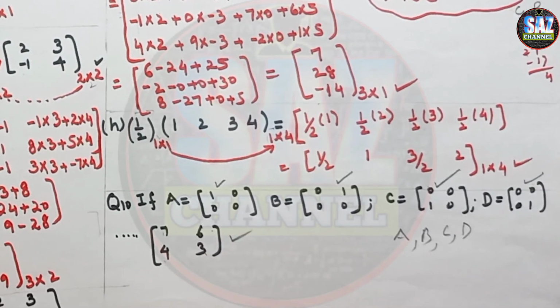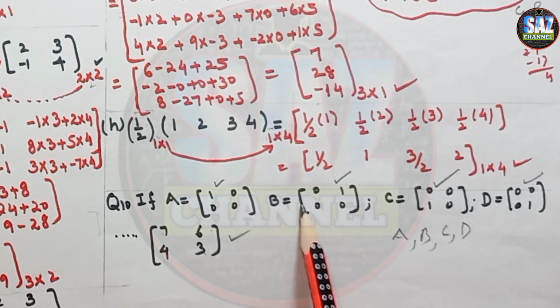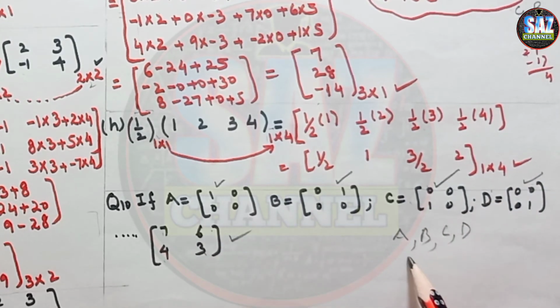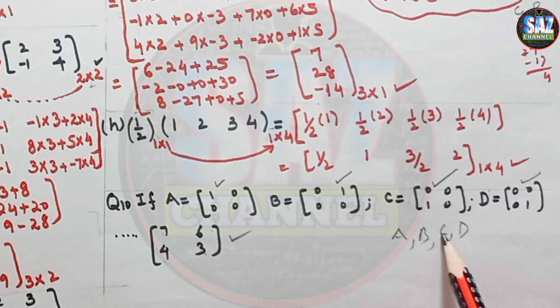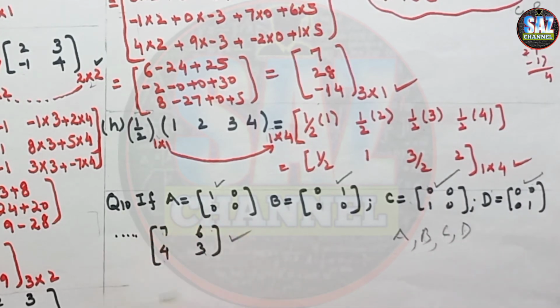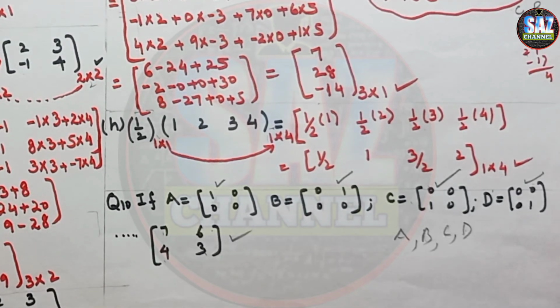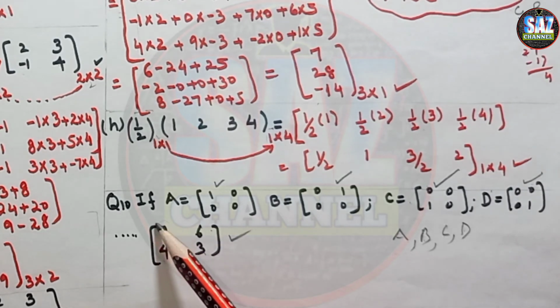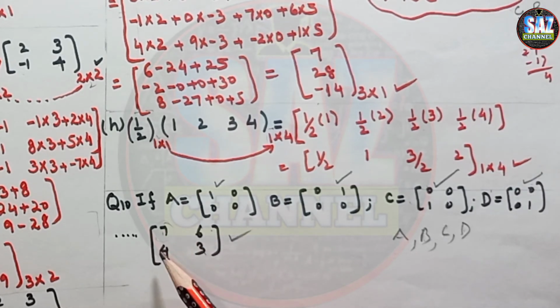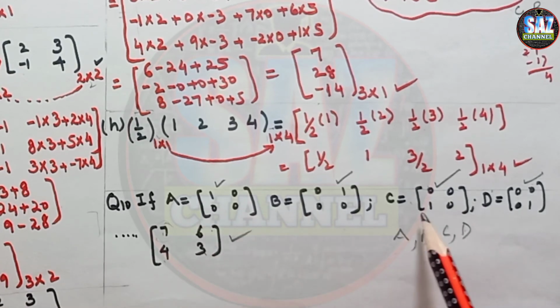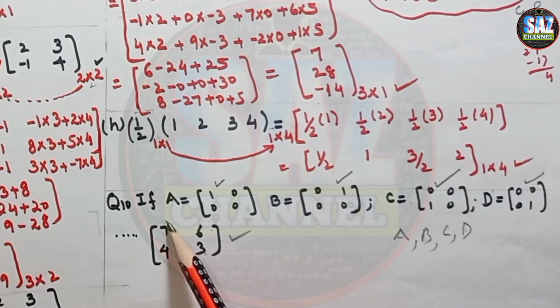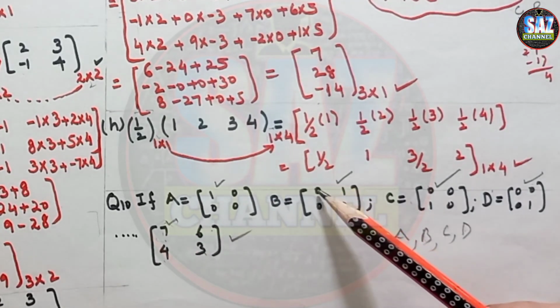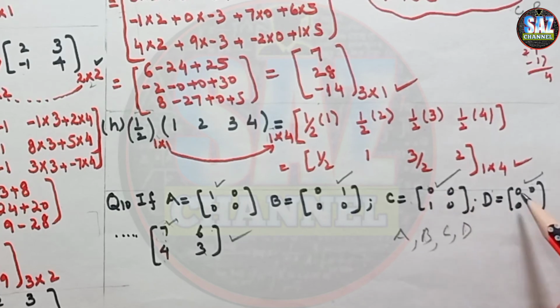Okay, this is the question, that if we have the matrices A, B, C and D with us, then we have to find an expression in terms of A, B, C and D for this matrix. Let's try to understand this question. Very easy question. Look at the answer given, that is 7 4 6 and 3. We have the first entry of the resultant matrix 7. Now we have to think about which matrix I have to multiply by 7 to get this entry 7 over here. We can see here the first entry is 0, here first entry is 0, first entry is 0,